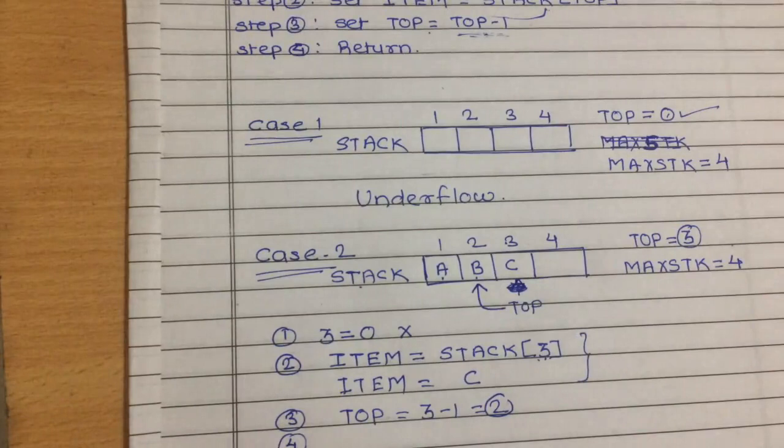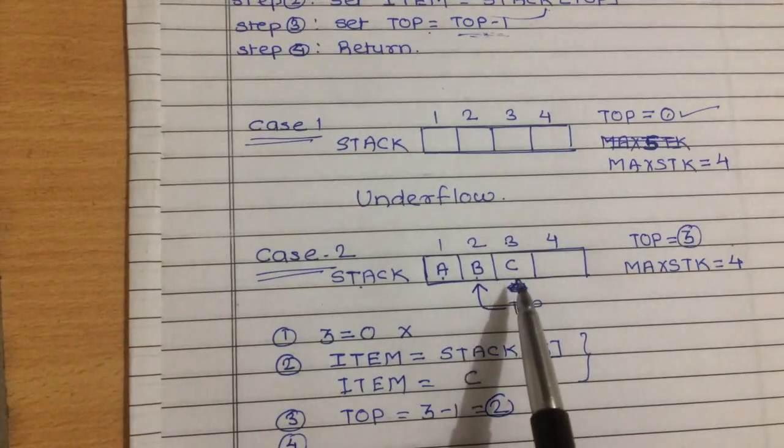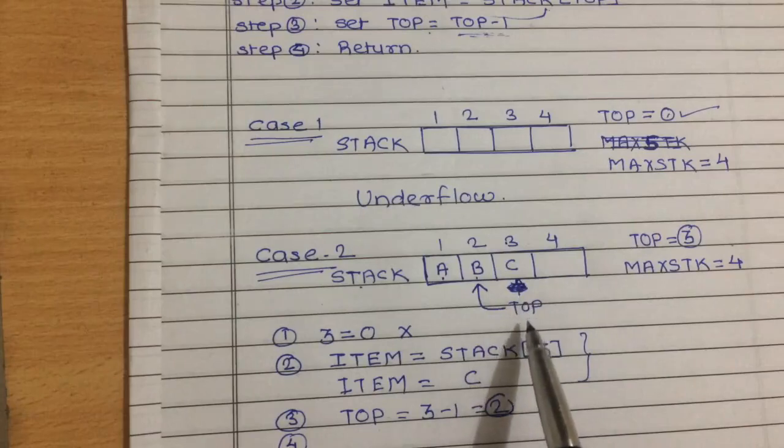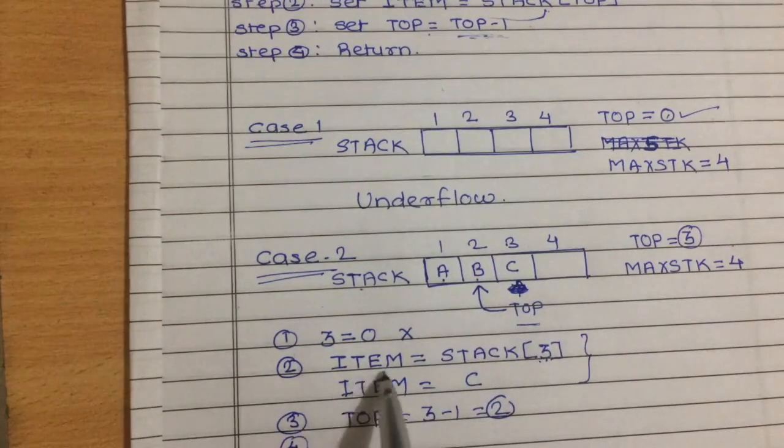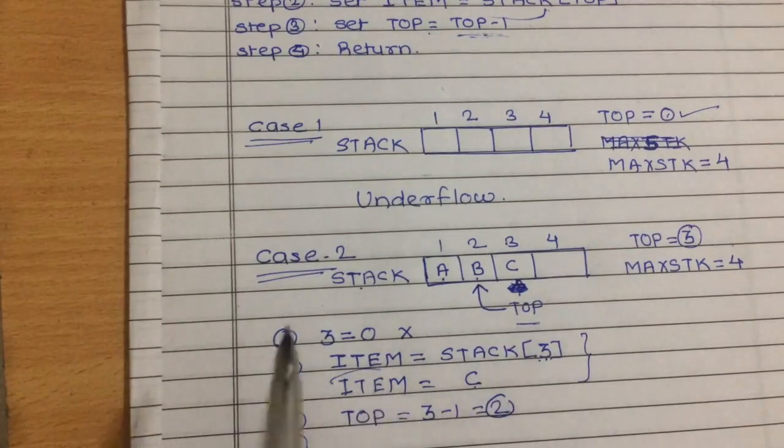this algorithm. So here if we see, physically it is not removed from the stack, we are just changing the value of top only, and we are storing or assigning the element which is to be deleted to the variable item. So this is stored in this item. So again if we execute the same algorithm, in this case what will happen?